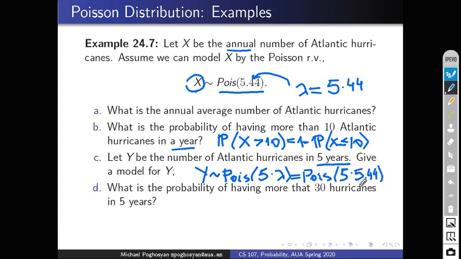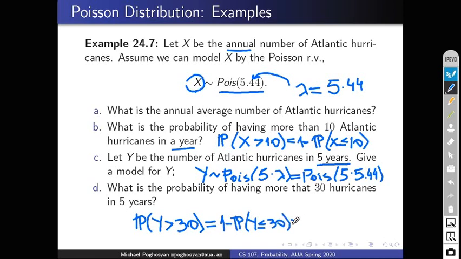So these are new parameters for the random variable y, the average number of hurricanes per 5 years. And now, what is the probability of having more than 30 hurricanes in 5 years? So we are using that y. The probability that y will be larger than 30 is equal to 1 minus the probability that y is less than or equal to